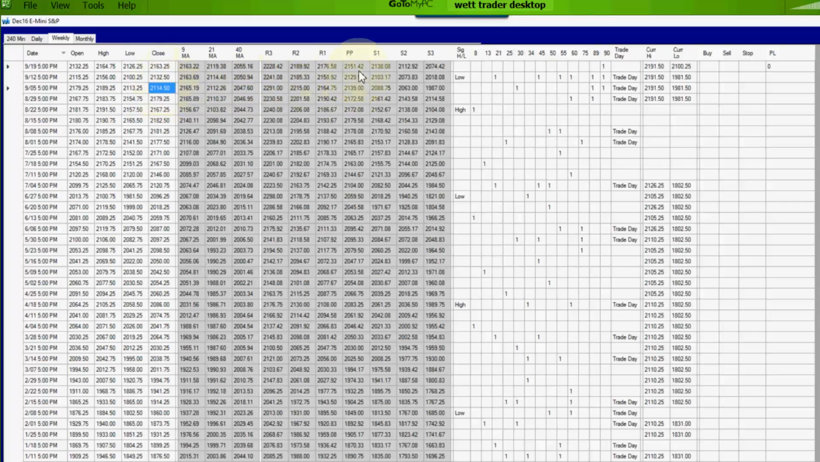I always want to buy my PP. You got to watch the spread. If it's a bigger spread than 10 points between your PP and your S1, it's a little riskier. You want to dial it in a little tighter. But, folks,